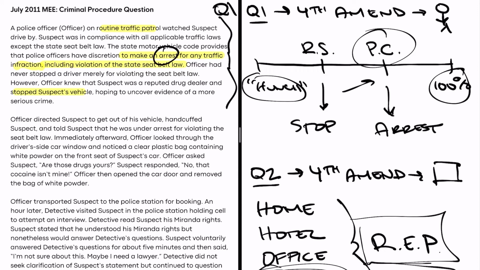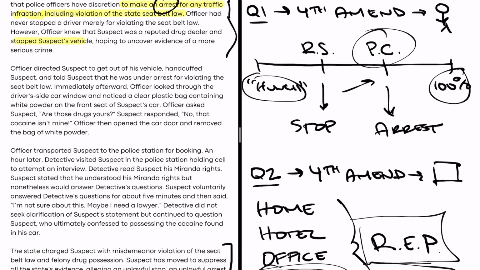So we don't want to get tripped up by the officer's personal motivations here, or whether the officer had ever stopped a driver before for violating seatbelt law, right? The fact that the officer knew he was a drug dealer and was hoping to uncover evidence of a more serious crime, right? All of that stuff, officer motivations, not going to be relevant in our Fourth Amendment analysis. But noted, right? With that, though, we can move on to